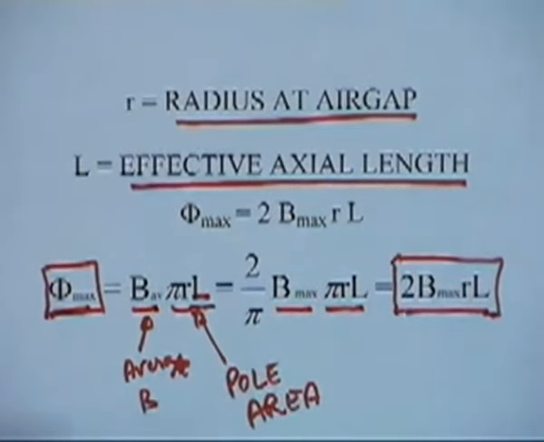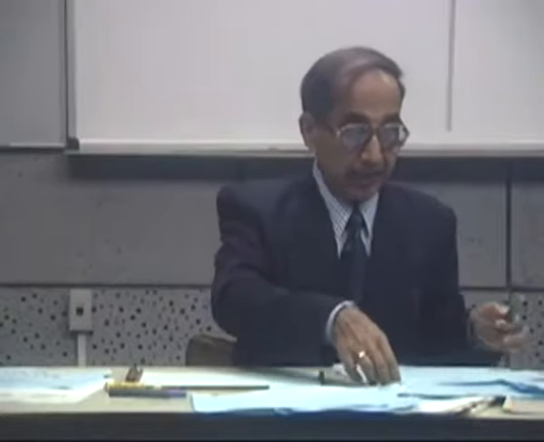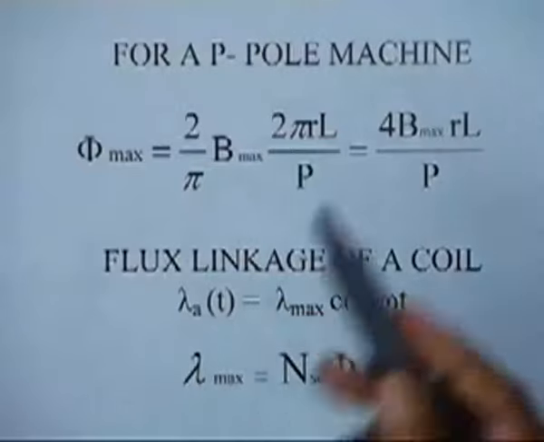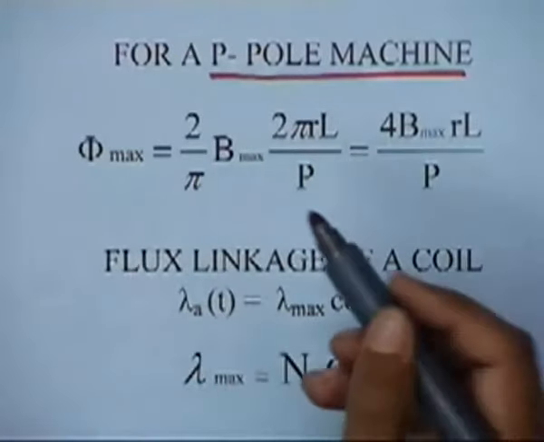Okay. Now this is the scenario as far as the flux per pole is concerned. What will be the flux in the case of a 4-pole machine or any number of poles? We could see that for a P-pole machine, earlier it was a 2-pole machine, the flux